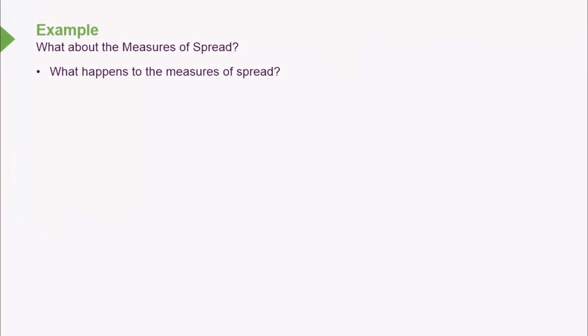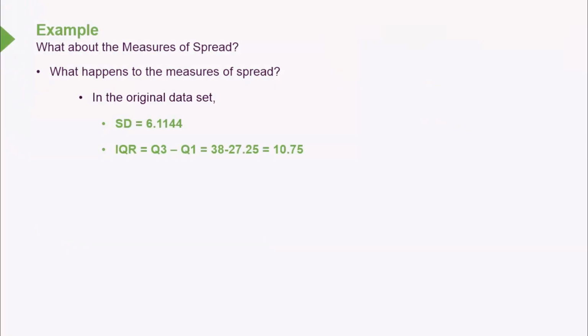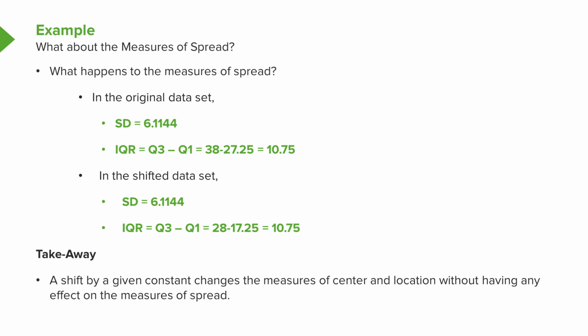What happens to the measures of spread? Well, in the original data set, the standard deviation can be found to be 6.1144, and the interquartile range can be found to be 10.75. In the shifted data set, we would also find that the standard deviation is 6.1144, and the interquartile range is